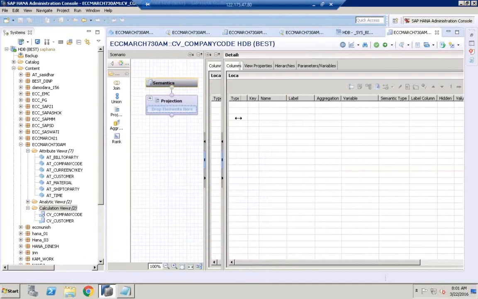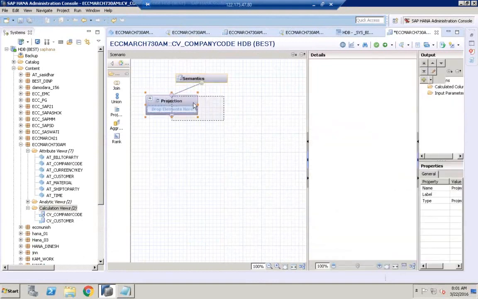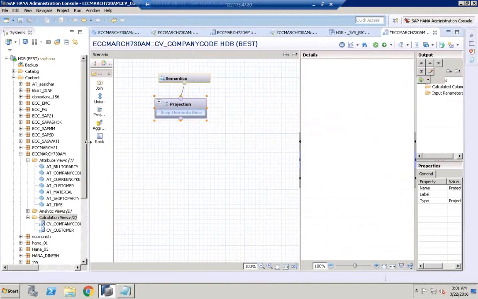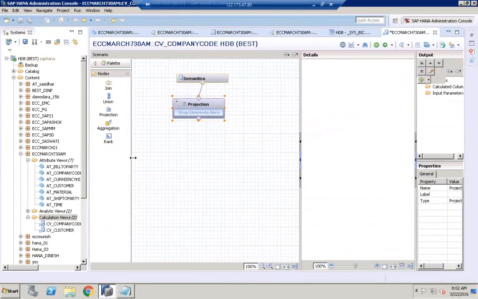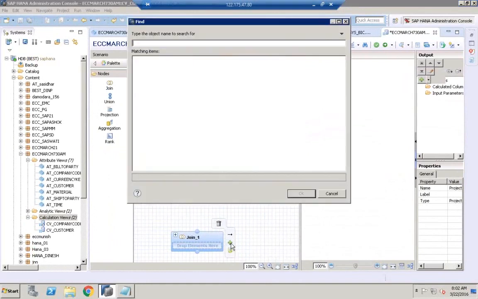Once we click finish, I'll click on the join again, click on the work area, join underscore 1, click on the plus icon, add objects, add the tables